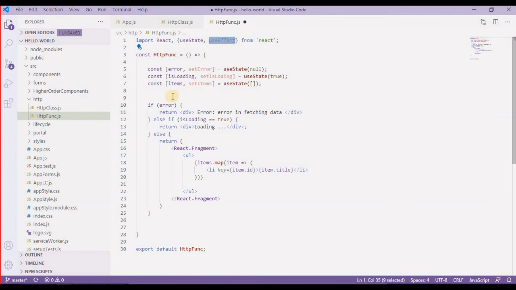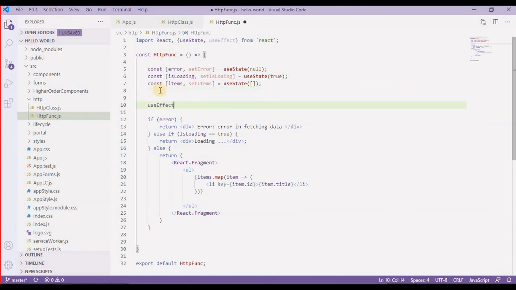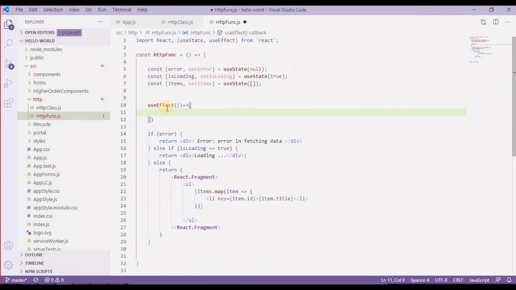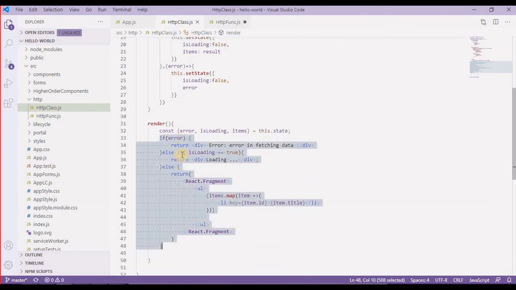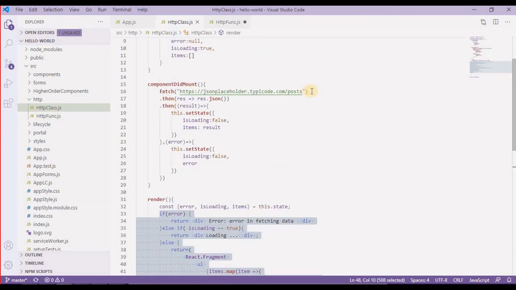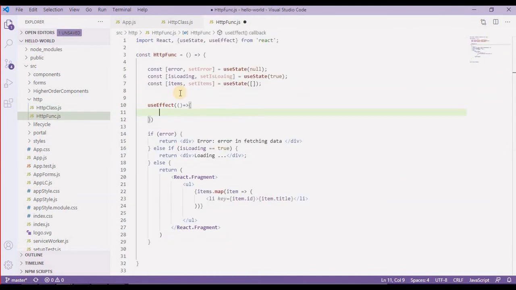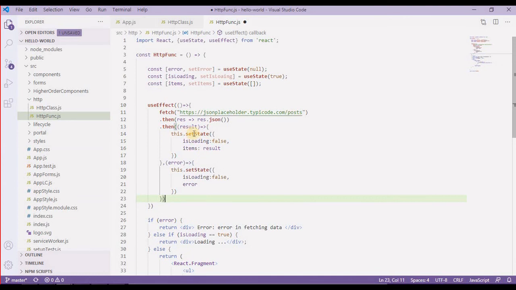So I'll take this useEffect method over here, and this is again a function, so I'll take an arrow function over here, and inside this arrow function I'm going to fetch the data, which is the same kind of code which we have created in class. So I'll copy all this code from over here, like from fetching data. All I need to change is the setState to something like setting items or setting loading.